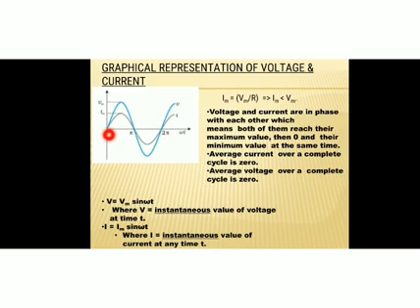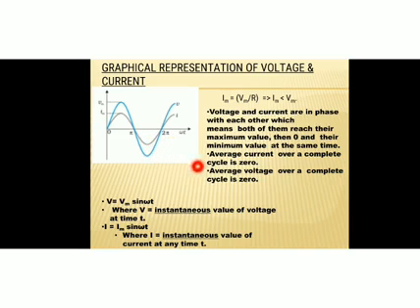That means both voltage and current reach their maximum value, then 0, and then their minimum value at the same time. Okay, so if such a relationship is observed between voltage and current, we can consider voltage and current as in phase with each other. So in a purely resistive circuit, voltage and current are in phase with each other because both of them reach the maximum value, 0 and minimum value together.